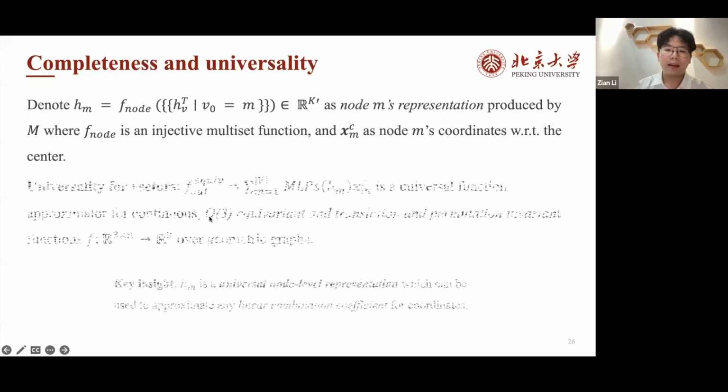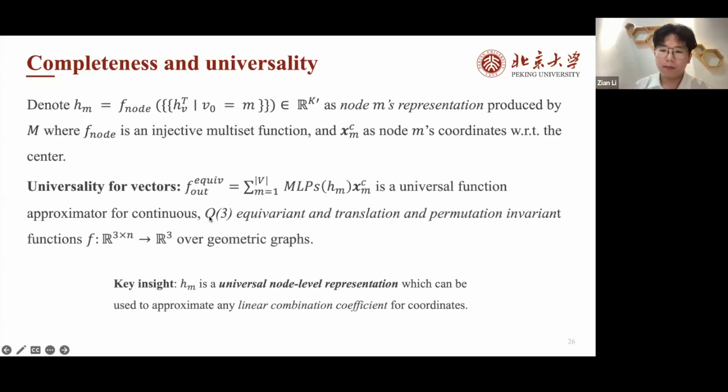And then we can construct the vector functions, and we have the following properties. This is a universal function approximator for continuous O(3) equivariant and translation and permutation invariant functions over geometric graphs. So the key insight of this part is actually h_m is a universal node level